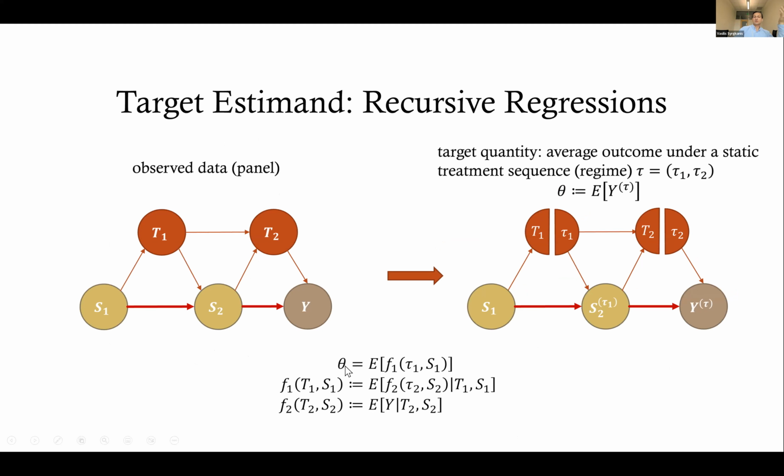So the theta that you care about is the expected value of that regression function f1 evaluated at tau1. But that regression function f1 is a regression that depends on some other regression function f2 evaluated at tau2. So f2 of tau2 is really the label that you want to predict, conditional on t1 and s1. And that other regression function is now really a regression function that predicts the outcome conditional on t2 and s2. So this is the estimate that you want to